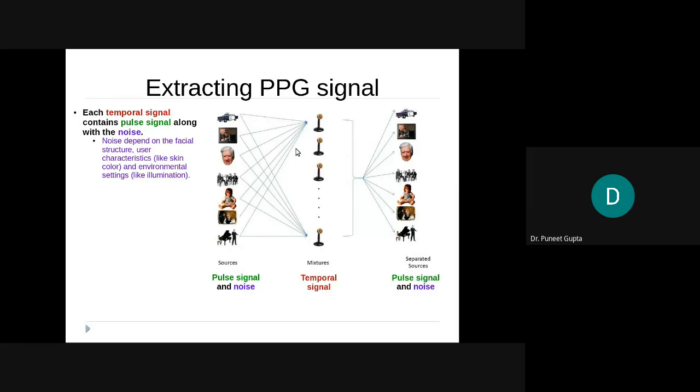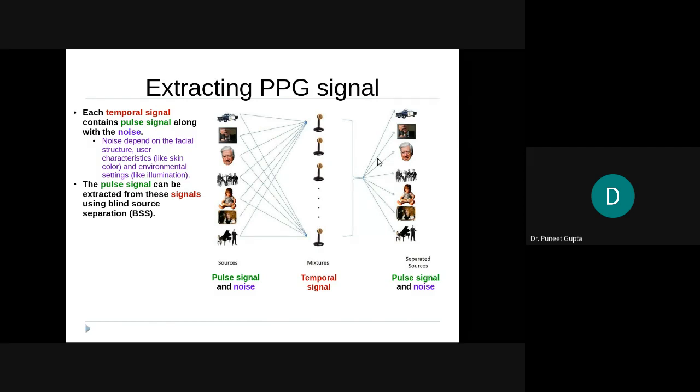What kind of mixture? We don't know actually. Probably in this one the noise is quite high. These are quite small. However, in this one the person speaking noise is quite high. Others are quite small. So these kinds of mixtures we have. And our problem is how can we decompose these mixtures into their original sources? So that's blind source separation. So this kind of technique I'm going to use.